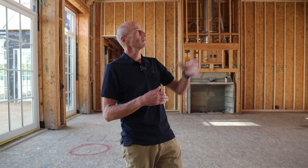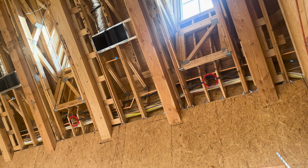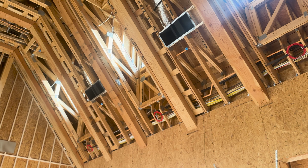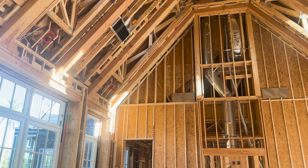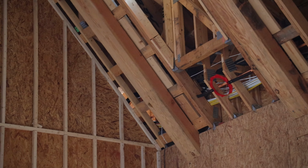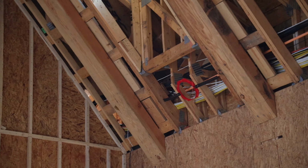My name is Ben Tarwater, and I'm a project manager for A Finer Touch Construction. Welcome to Exeter Estate. Today we'll talk about the coordination between electrical, fire sprinklers, lighting, heating and cooling, things like that to mesh with the design of the projects. An example would be if we look at the ceilings here, we have beams that run up the rakes of the ceiling, but we have to coordinate the heating and cooling, the fire sprinklers, in this case, audio speakers, etc.,